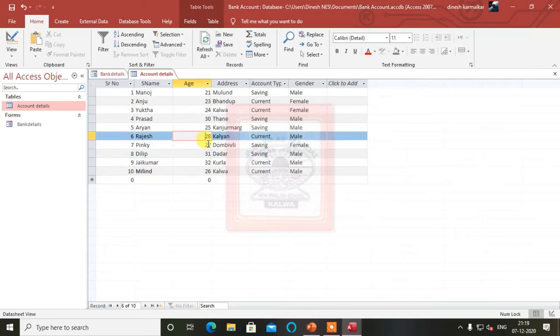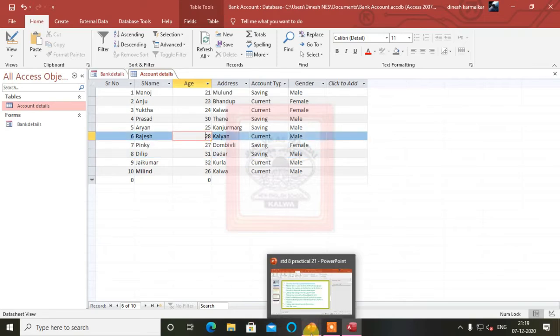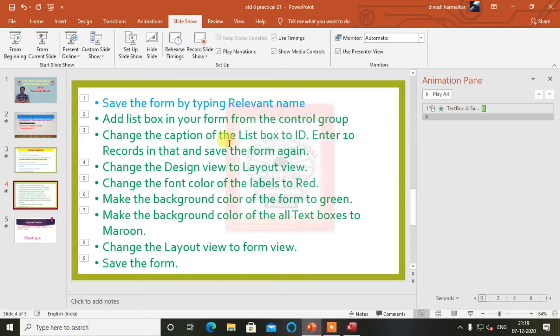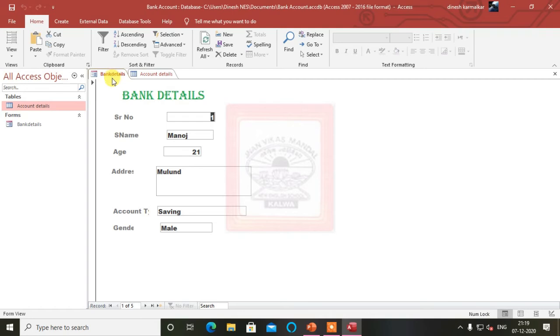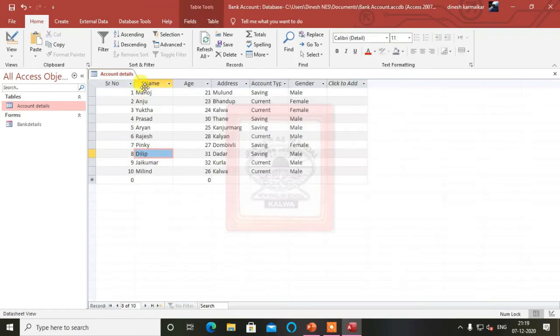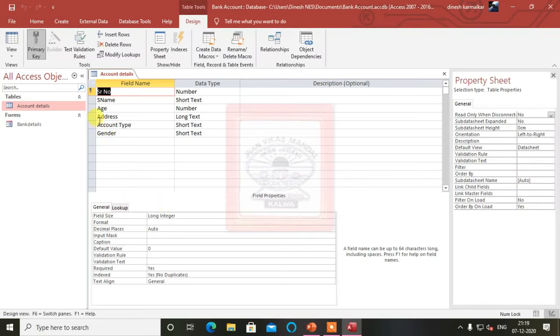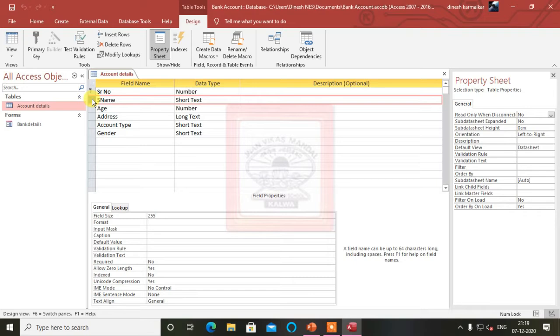Now before moving further, we need to add one more field. To connect this ID we require one more, that is here. So we'll close this bank details, and here we will go to design view first, and add ID also.